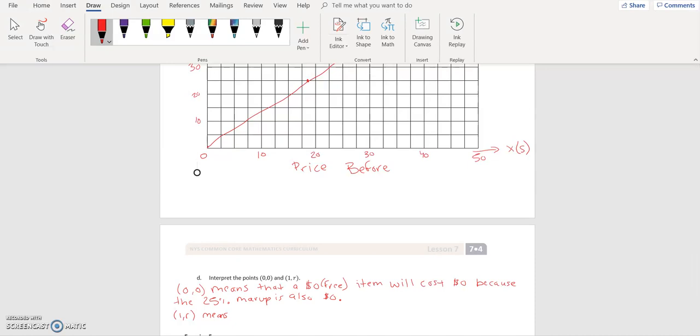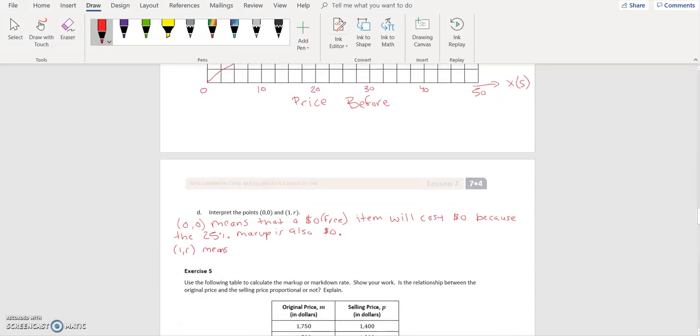And so what does that point mean? So it means that a dollar item will cost $1.25